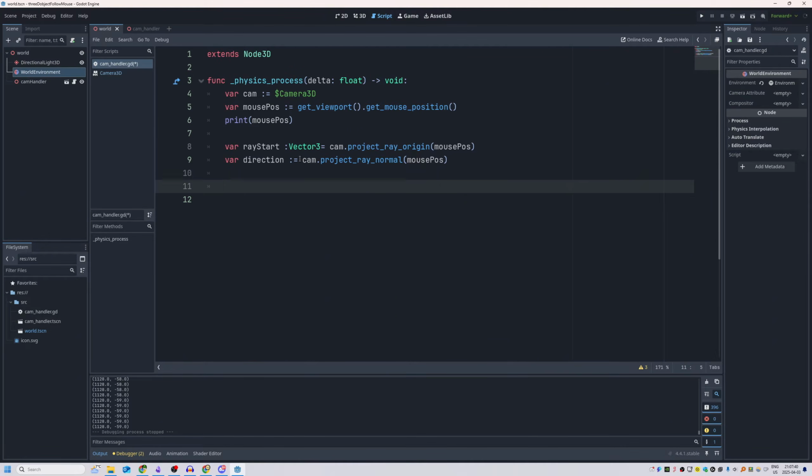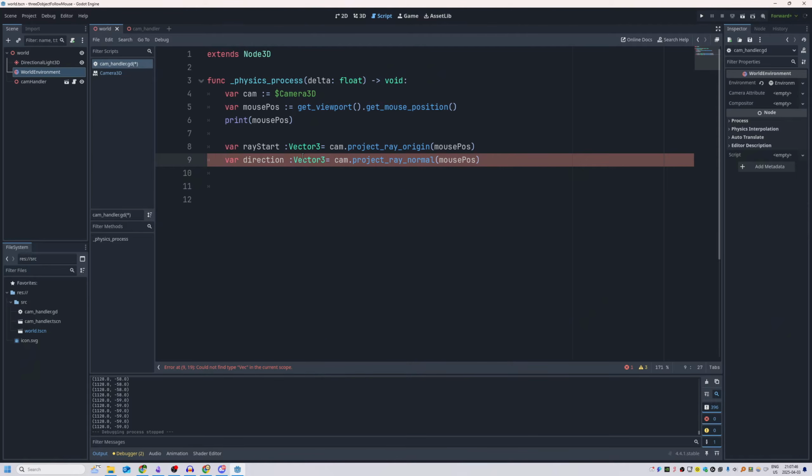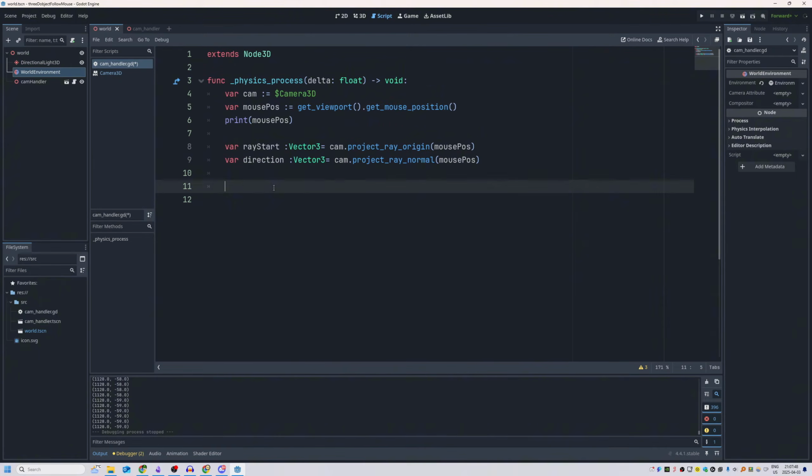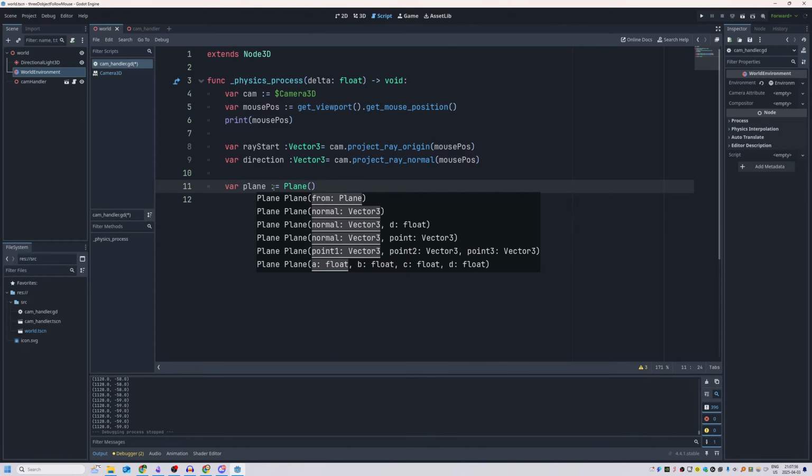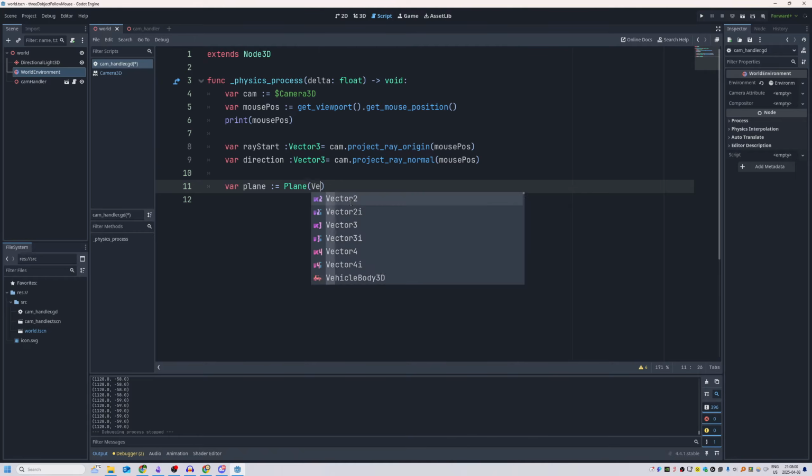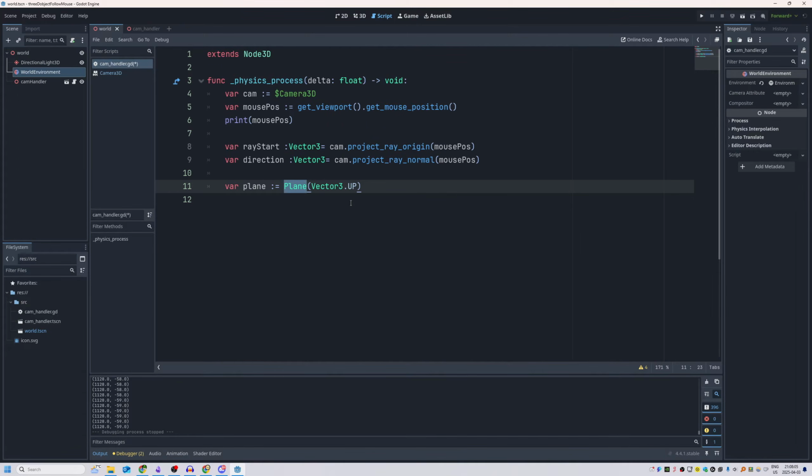And then, since we have these two, we're practically set to do intersections with planes. This first part I'm going to show you is just with a simple plane. There's no actual collision with a static body or a physics body. So I'm just going to define a plane here. If you didn't know you could, turns out you can define a straight up plane. The idea is you just want to specify which direction the plane is in. So my plane, or this flat surface, is just going to be pointing